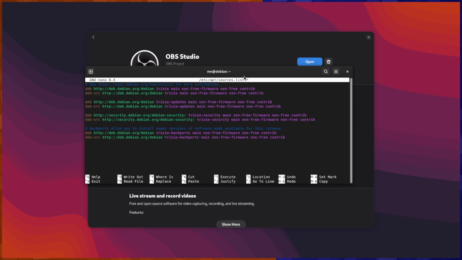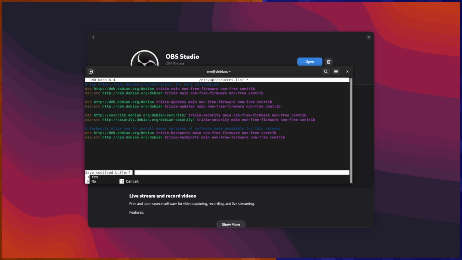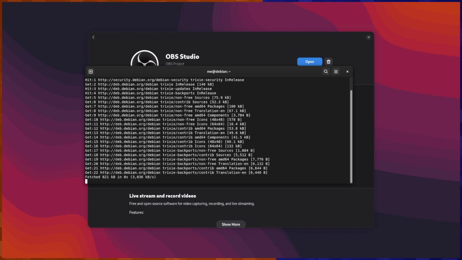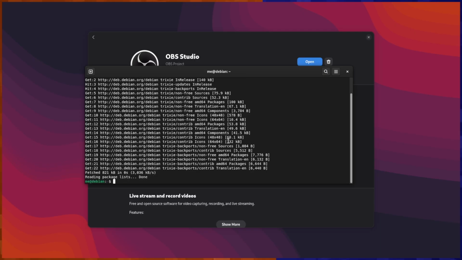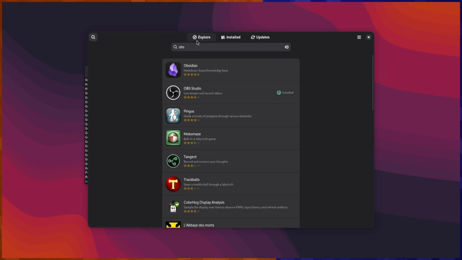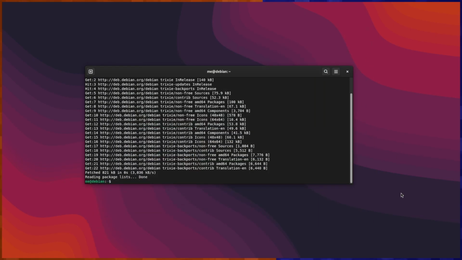But yeah, when you're done setting up every single one of those lines, you're going to press Control X to exit. So Control X, press Y to save, and press Enter, and then that will be nice and saved right there. Now all you want to do is sudo apt-get update, and it'll pull all the different non-free stuff and whatever. And then when you fully refresh your software store,